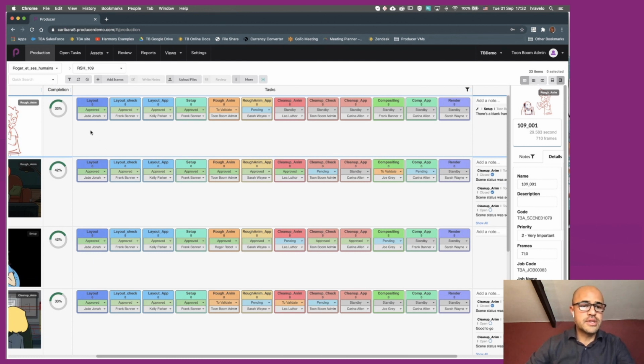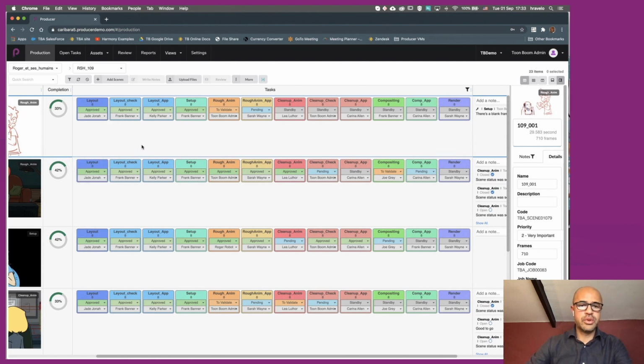For instance, you've noticed that layout is assigned to Jade, layout check to Frank, layout approval to Kelly, setup to Frank, etc., etc. It is very easy to go down to these drop-down menus and assign a specific task to someone on your team.